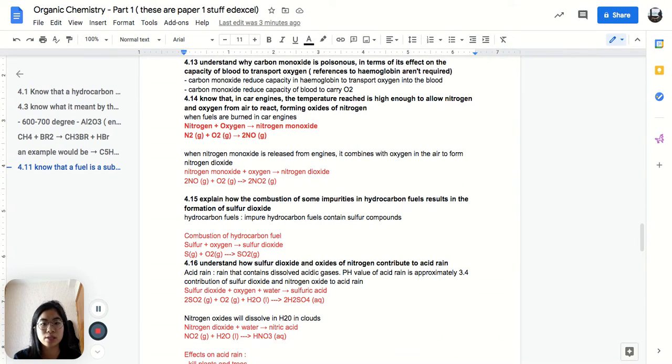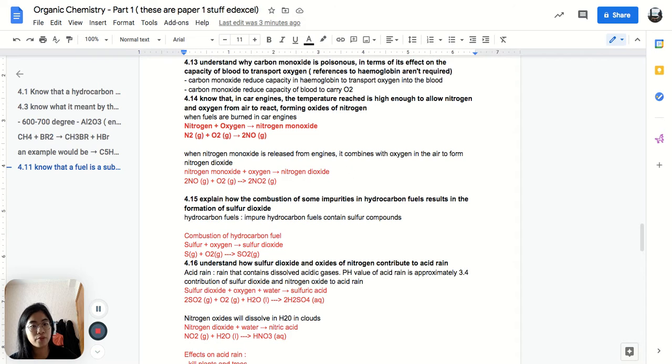4.40. Note that in car engines, the temperature reached is high enough to allow nitrogen and oxygen from air to react and form nitrogen oxide. So when fuels are burned in car engines, nitrogen plus oxygen in the car will give you nitrogen monoxide, and because there is oxygen inside the car,